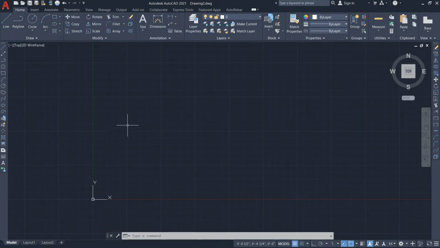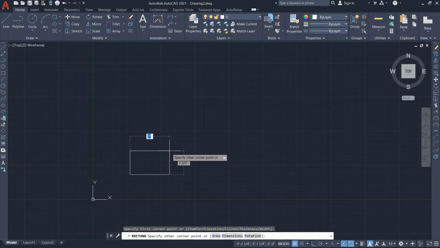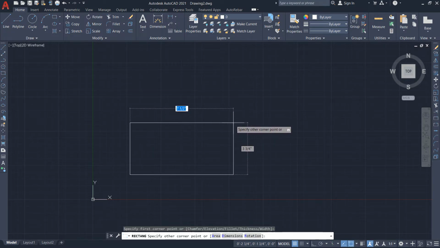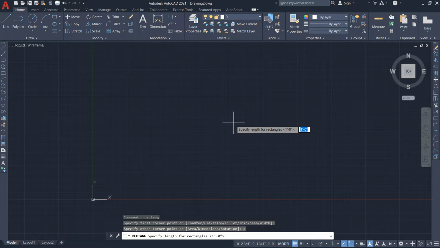Now I will draw a rectangle of a simple plan. Here select rectangle, select anywhere. The first point is selected. Now for the second point I will enter dimensions. Now the one side length I will put